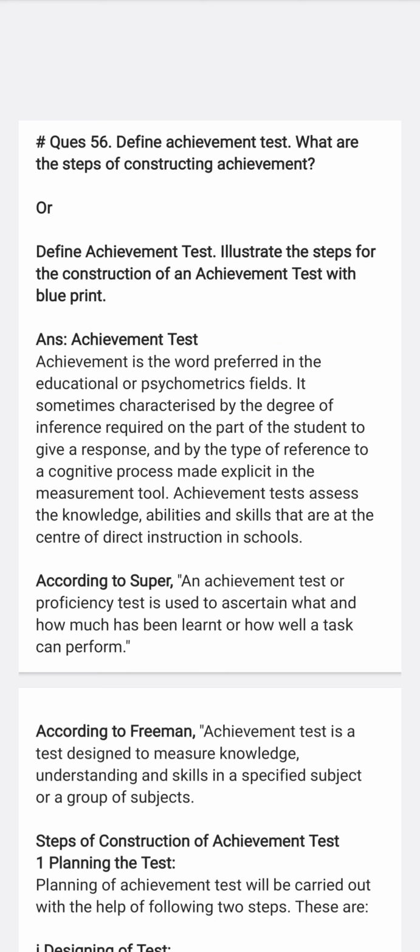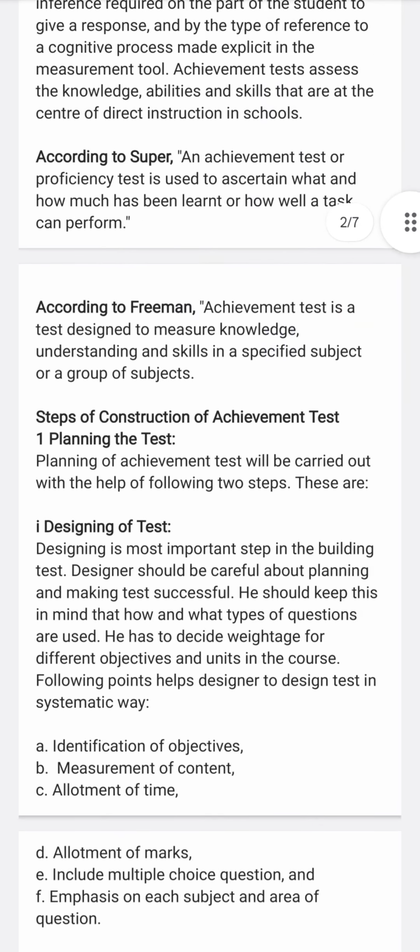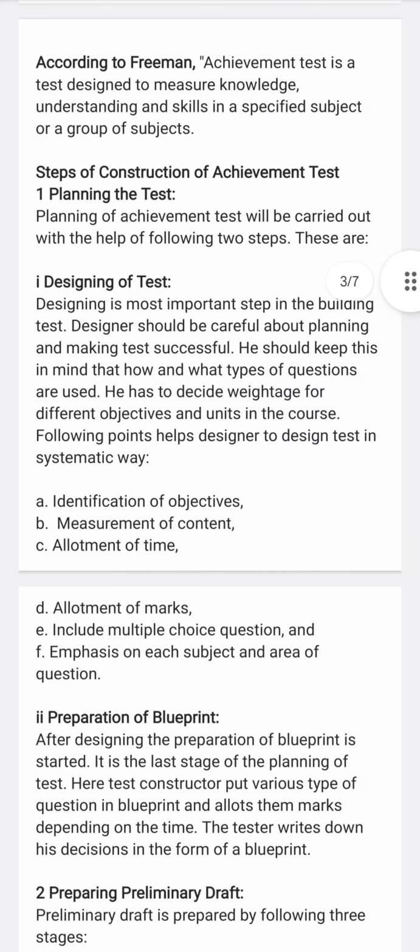Okay. Next point is the steps of construction of an achievement test. First, planning the test. Planning of an achievement test will be carried out with the help of the following two steps. These are: